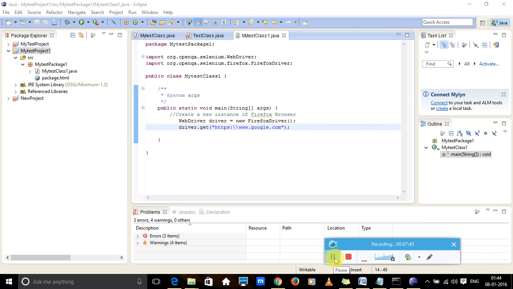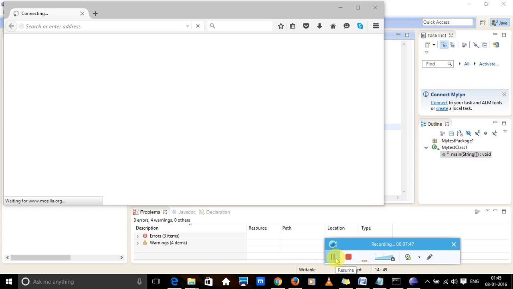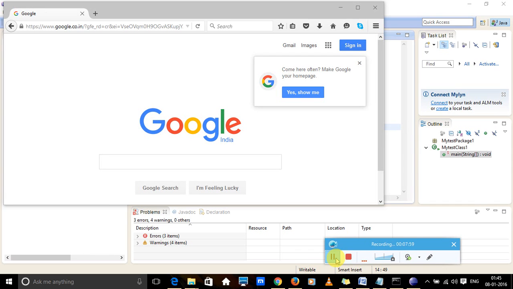It will open the Firefox browser and in that it will open google.com, as I have given the URL as google.com. See, this is our first program in Selenium and I will tell our next